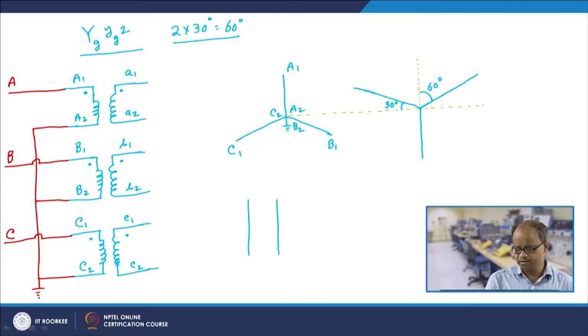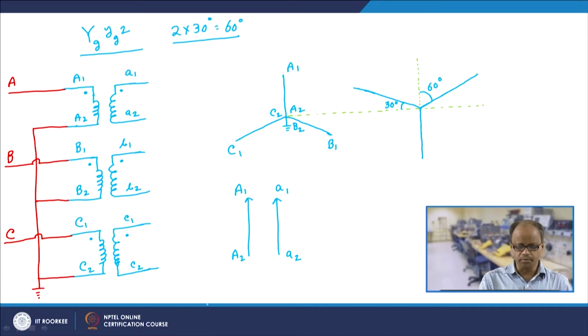then if I draw these two parallel lines, this denotes A1 and this denotes A1. If this denotes A2, and because these two are in phase, then this also should denote A1 and this also should denote A2. So it means that they are in parallel and in phase.